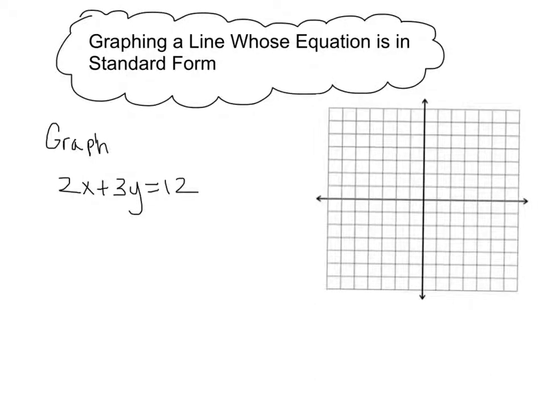So as I've mentioned before, equations of lines have many different forms. We've seen point-slope form, we've seen slope-intercept form. The last most common form is called standard form. Now, I don't care so much that students are 100% accurate at always looking at the equation and saying, oh, that's in standard form or that's in point-slope form. But it is important for them to understand that there are different strategies for graphing these equations depending on how